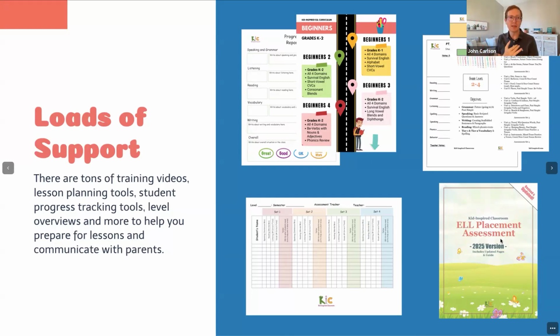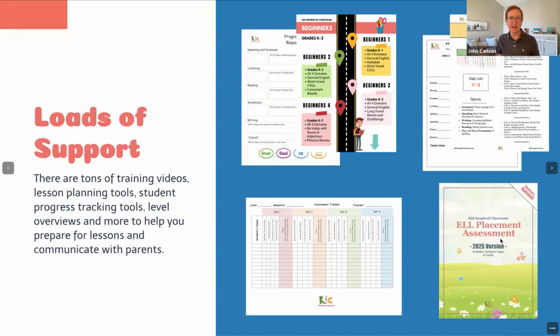And that goes through everything. It gives you a really clear picture of how a student's doing in all those areas: speaking, listening, reading, writing, phonics, grammar, and vocabulary. And so when you have a clear picture of that, obviously it's very helpful for you to tell parents, here's how they're doing in all these areas. And parents are gonna be like, wow, you really understand where my student is and what they need to do. And so it's a great way to bring in new students. If you're testing new students that are interested in taking classes with you, it's a great tool for that.